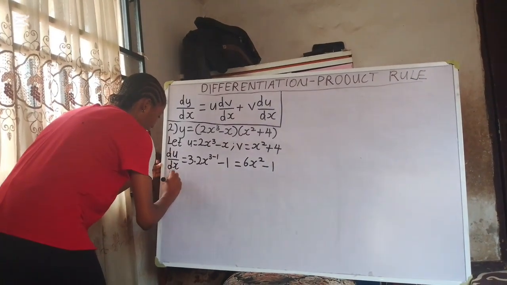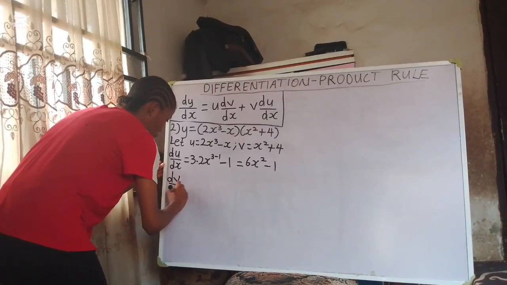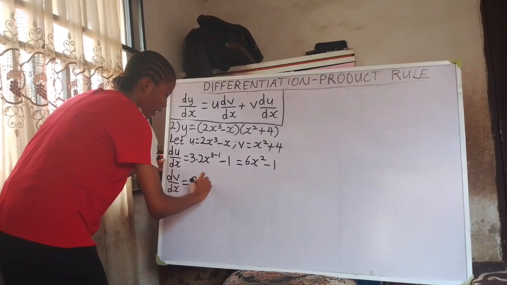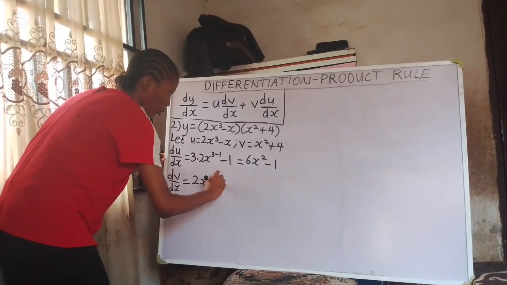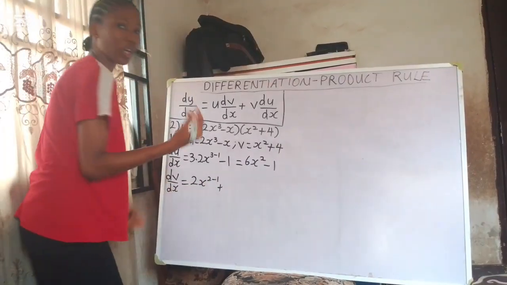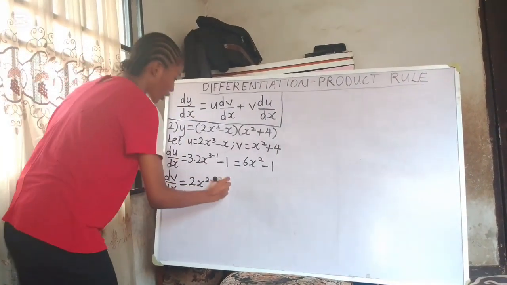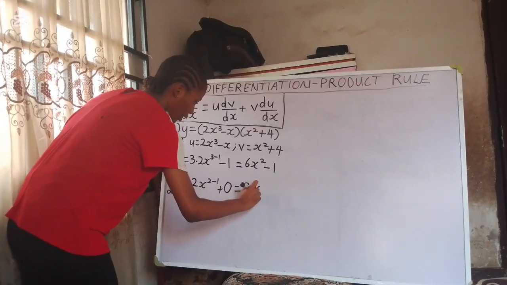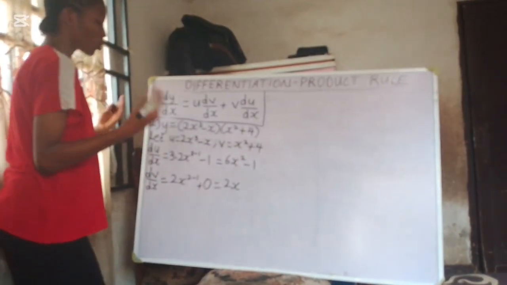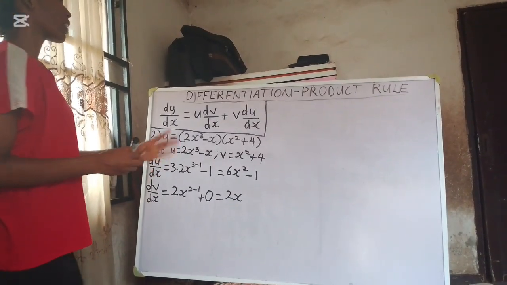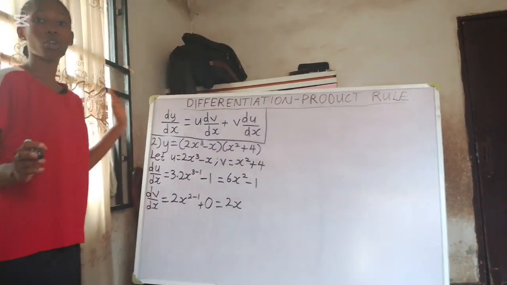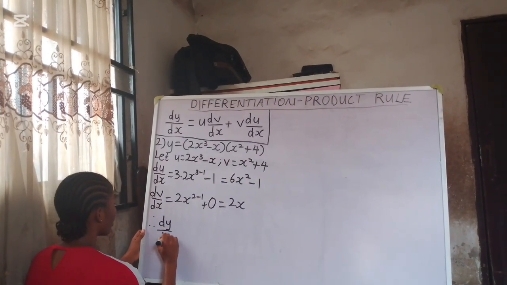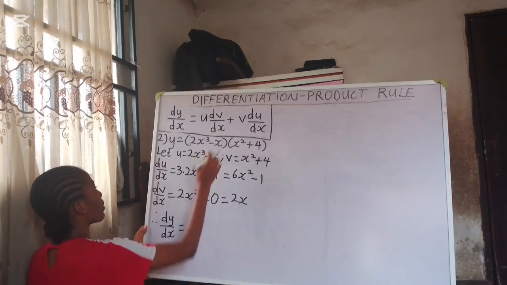Then for our dv by dx, differentiating x squared, bringing down the power, this will be 2x raised to the power of 2 minus 1, plus differentiating a constant. The derivative of a constant will give us 0. So this will be equal to 2x raised to the power of 2 minus 1. That's just 2x. So these are the derivatives. Now, inputting everything into our product rule formula, we'll have that our dy by dx is equal to u dv by dx